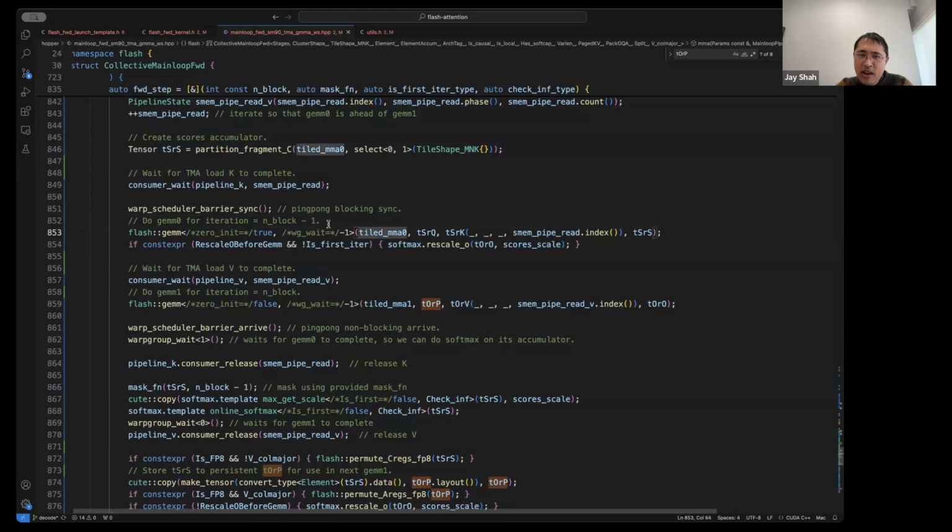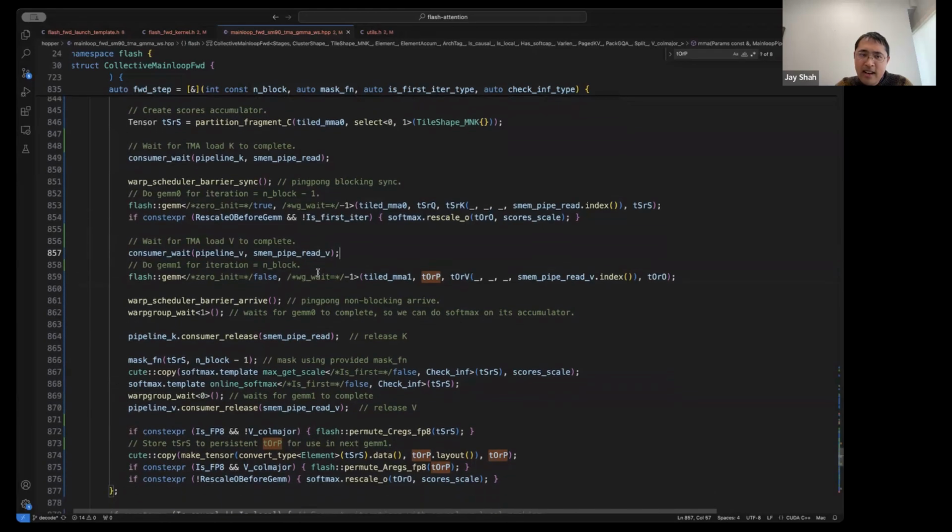So I do this gem here, and it uses the tiled MMA, Q, K, and S. I rescale O because of online softmax. And I wait for V to complete, and I then do gem 1. I note that these two MMAs execute asynchronously because I've passed warp group wait minus 1 here, and I do not wait for either of them to complete so far.